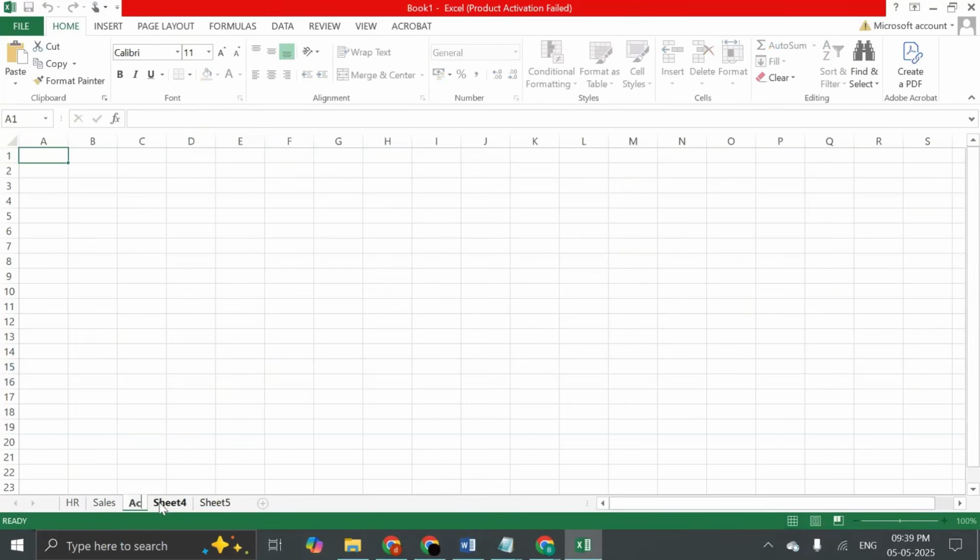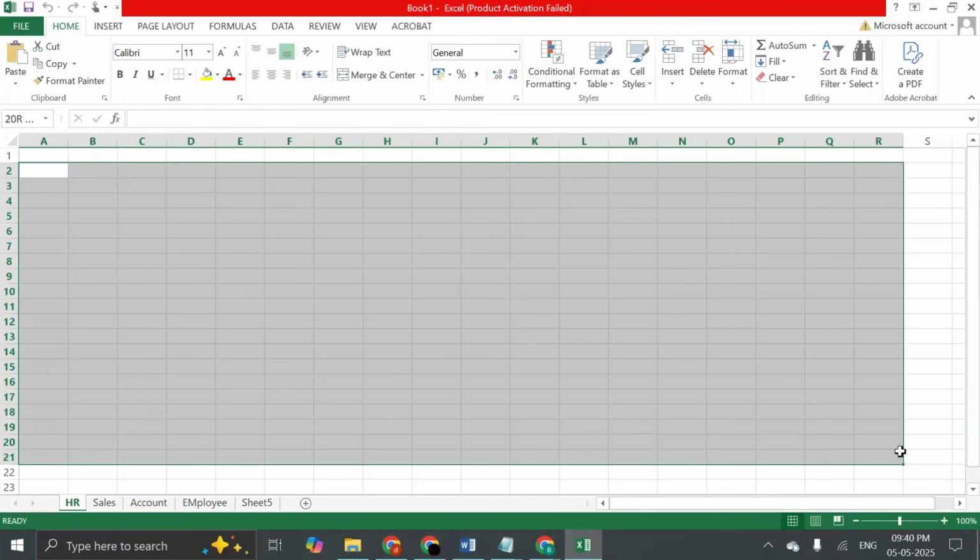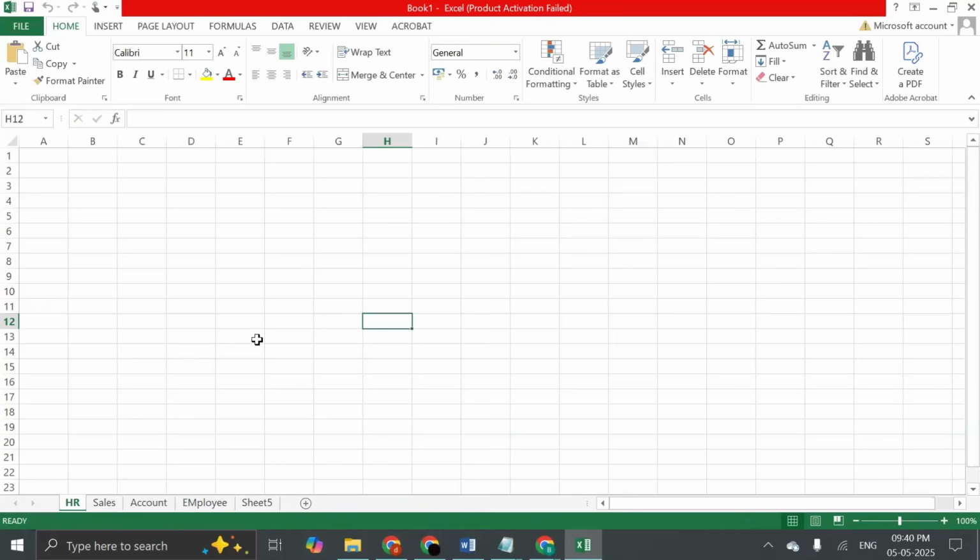Worksheet 3 is related to account details. For example, worksheet 4 is related to employee details, right? So every worksheet we are maintaining separately, because when you insert data into the worksheet,